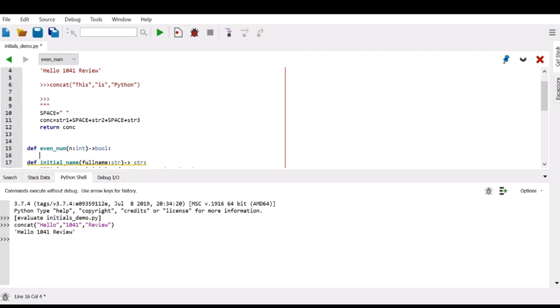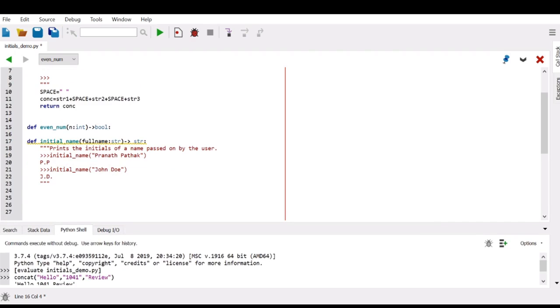All right. So we have a function called even num, and it takes an integer value and returns us a Boolean value. So it should return a true or a false based on our number being even, or false if it's an odd number or not even.